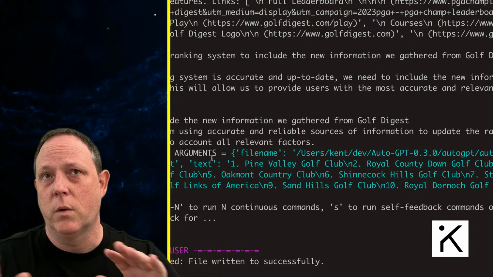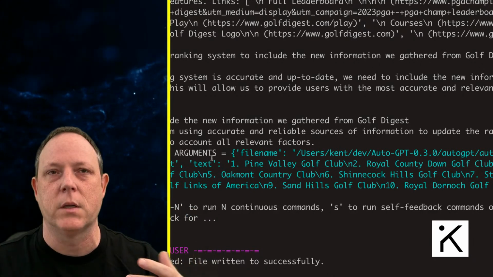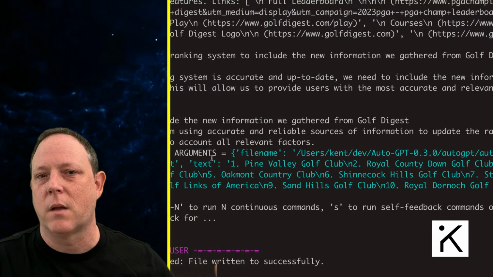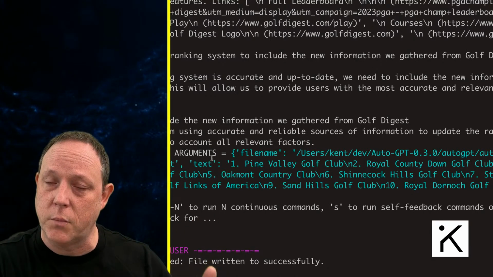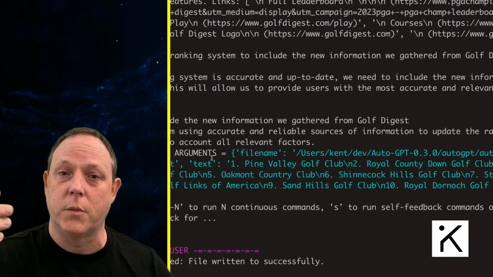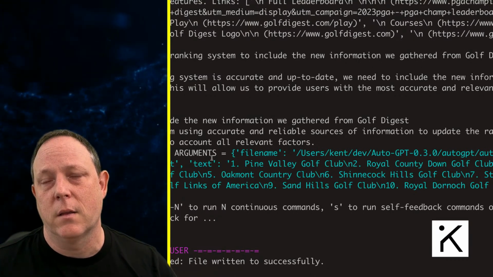And really one of two things will happen, assuming you don't hit your API limits. It'll get stuck in a loop. This happens all the time, and the only way to get out of that loop is with direct user input. You can say, hey, you're stuck in a loop, stop doing that, and it'll come out of the loop and start running again. The second thing is